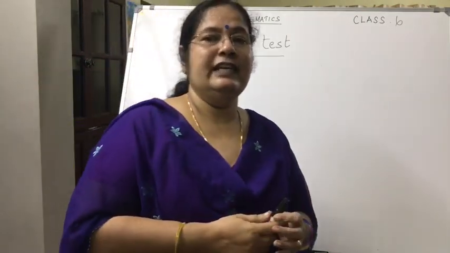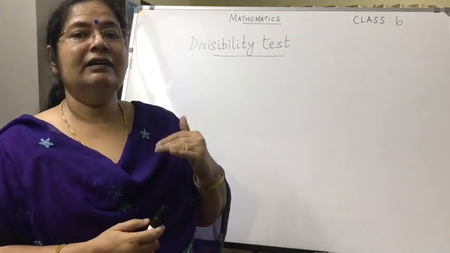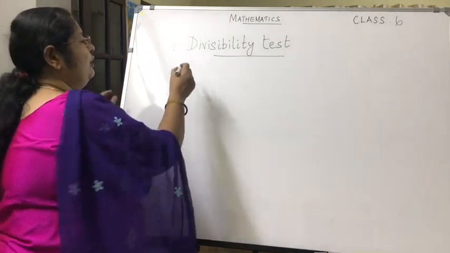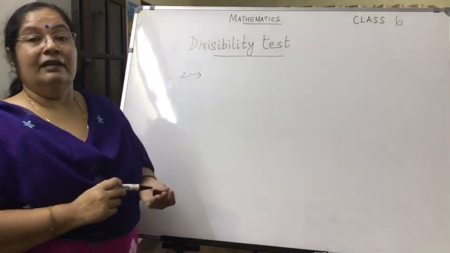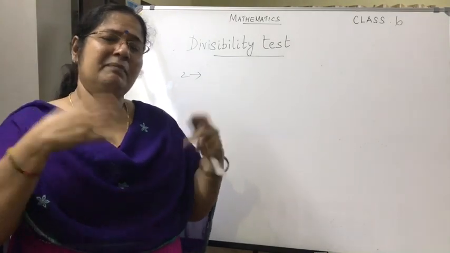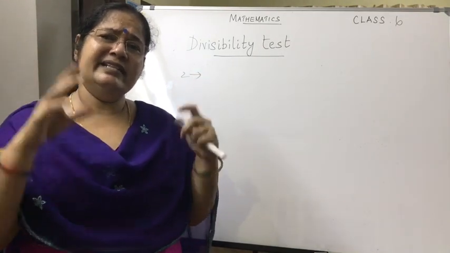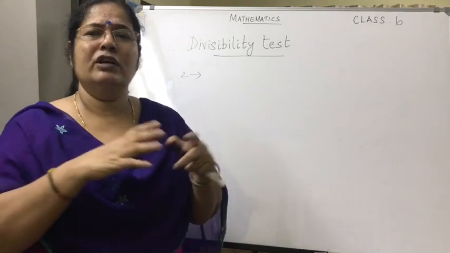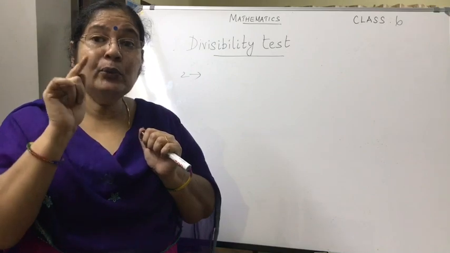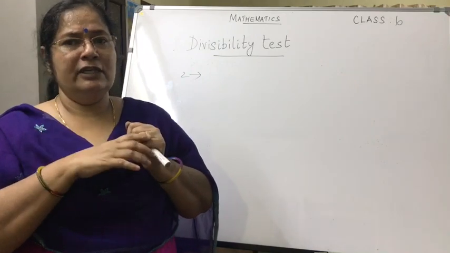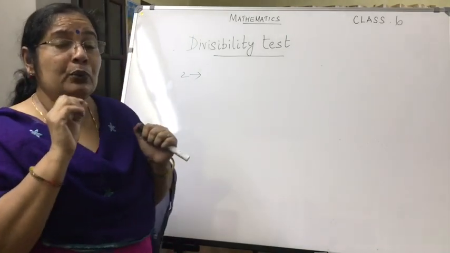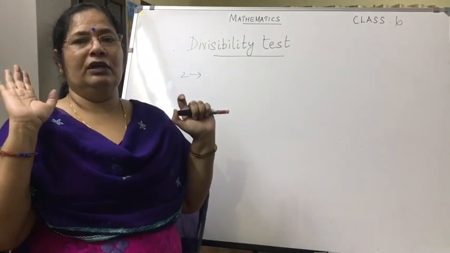So let us first see how you will know whether a number is divisible by 2. That is the divisibility test for 2. This is very easy. Let the number given be anything, an 8-digit number or a 9-digit number or whatever it is. You will only look at the units place, the first place on the right side. So the units place digit only you need to look.